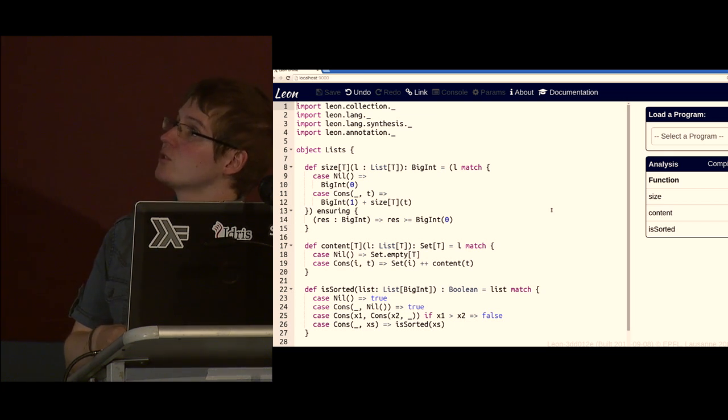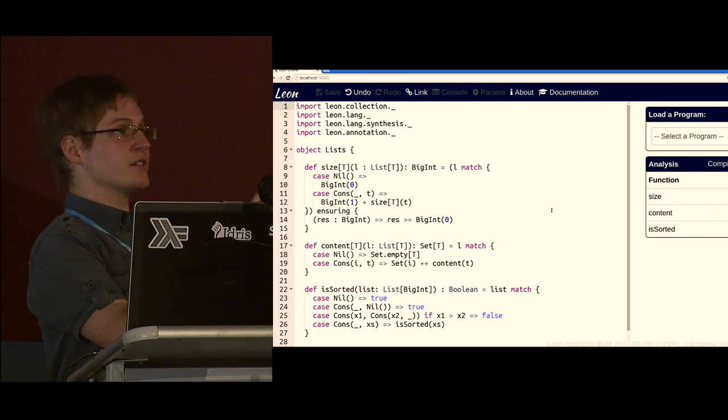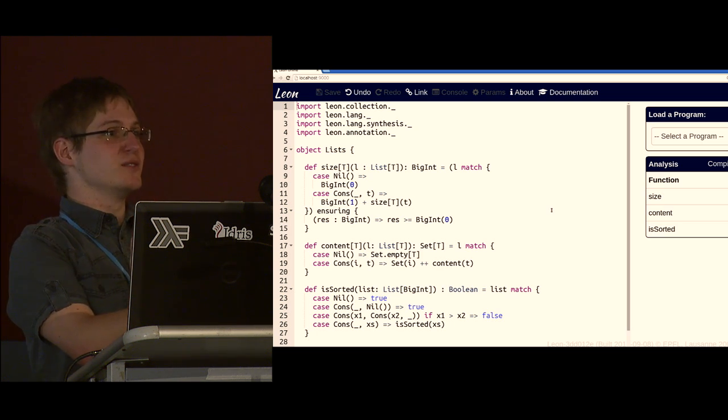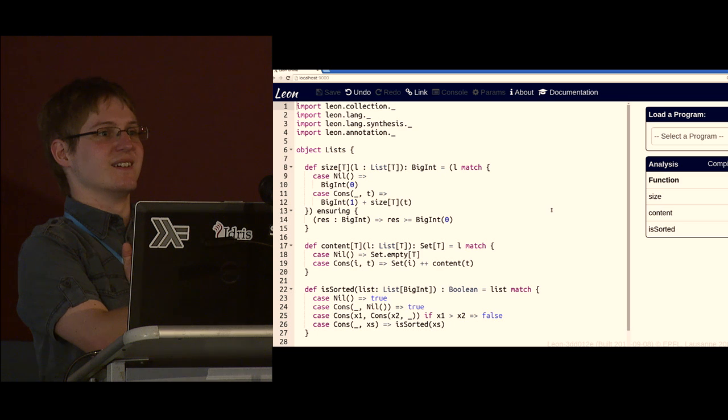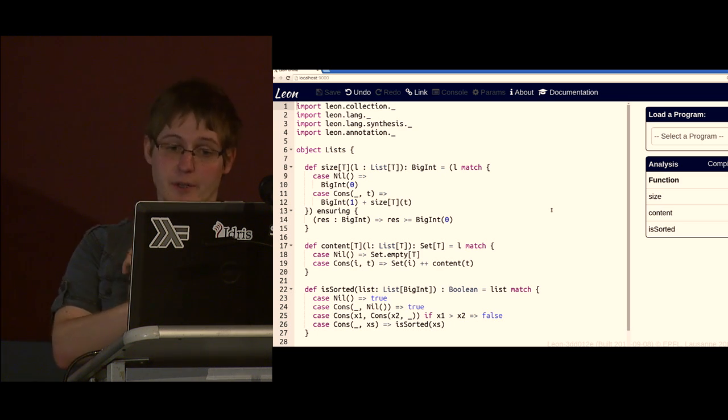And I'm not sure how many of you know that the Scala library actually ships with require, assert, and ensuring, these functions. How many of you were aware? Right. But I guess not many people actually use that. And Leon gives them a special meaning.